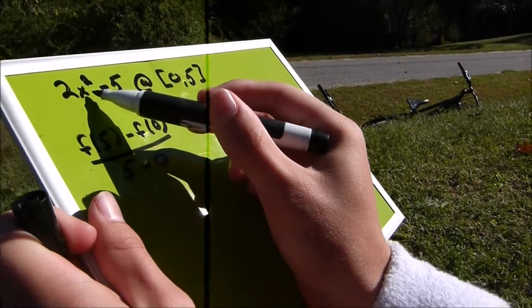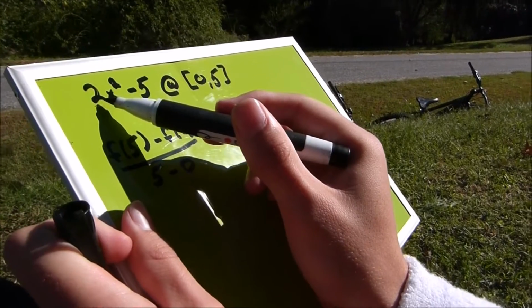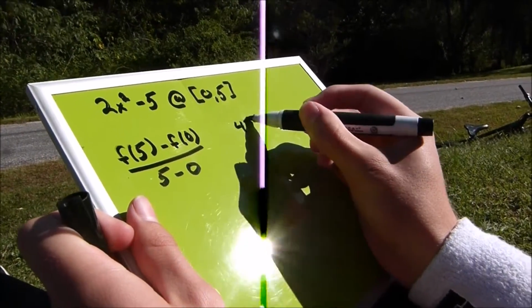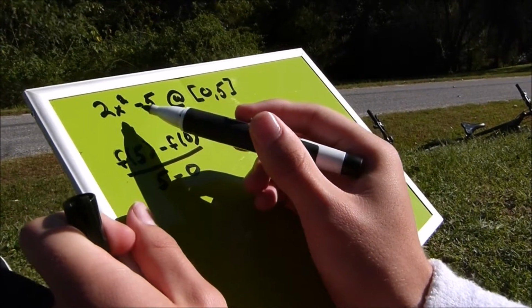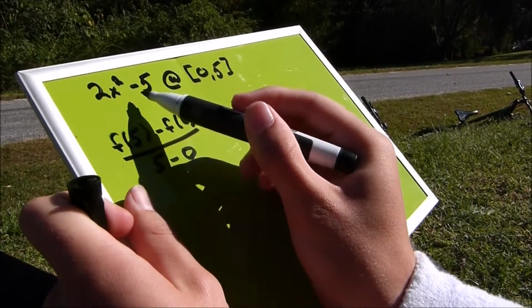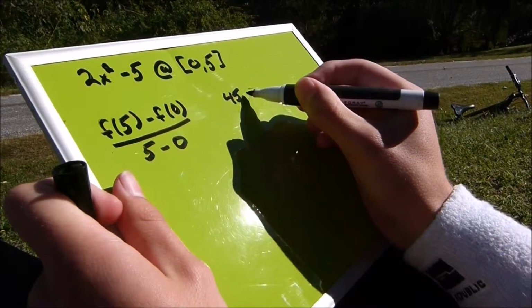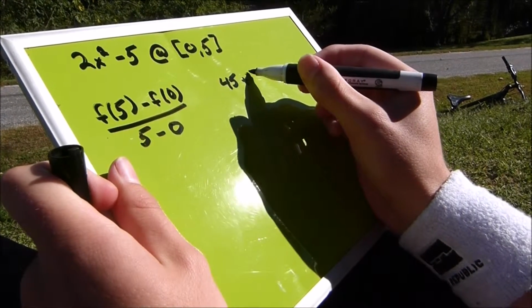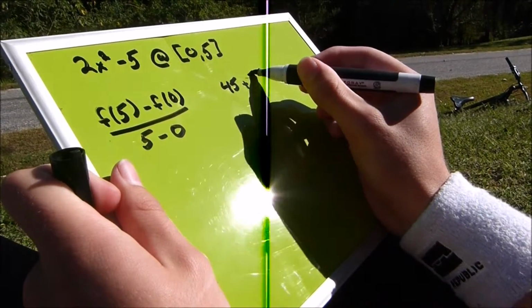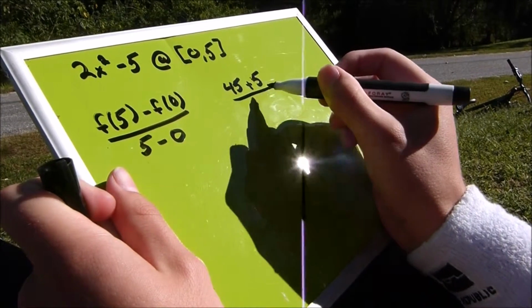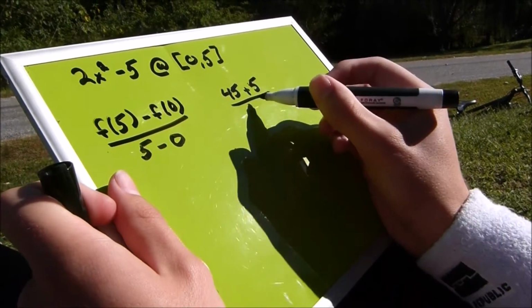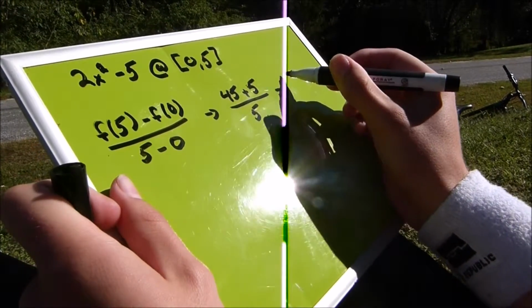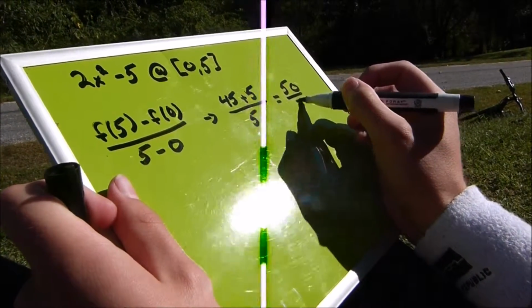So you stick a 5 in this equation: 25 times 2 is 50, minus 5 is 45. Then you put 0 in this equation, which equals 0 minus 5. Because it's minus a negative 5, it's plus 5 over 5 minus 0, which is 5. That equals 50 over 5,